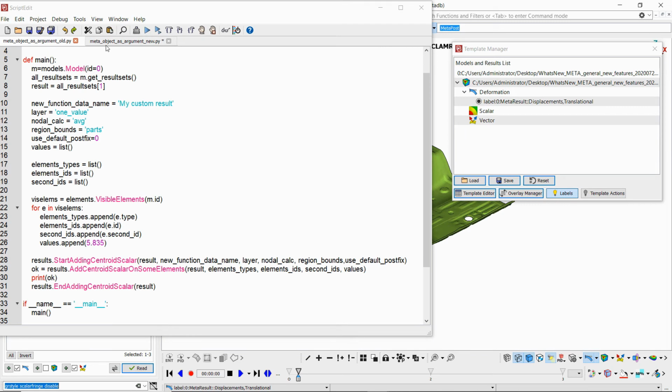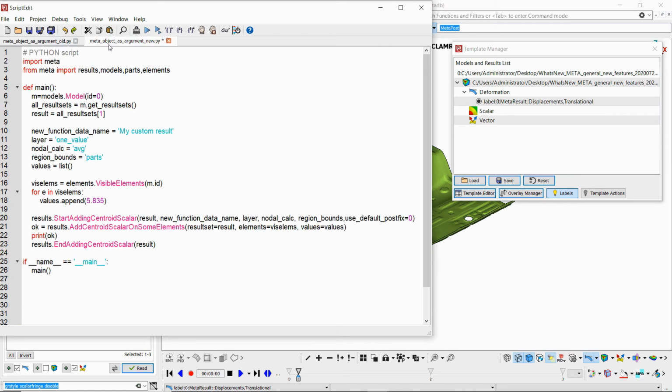So again, if we go back to the script editor, we will do the exact same thing using the new functionality. Firstly, we notice that we can now use named arguments, so in cases like this with many optional arguments, we can use a different syntax with a named argument.